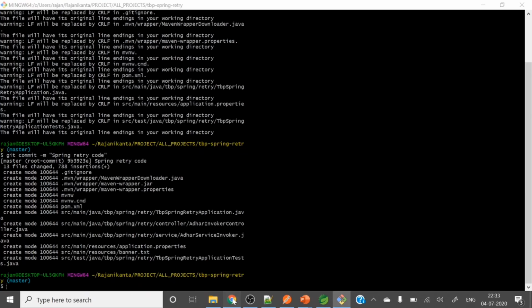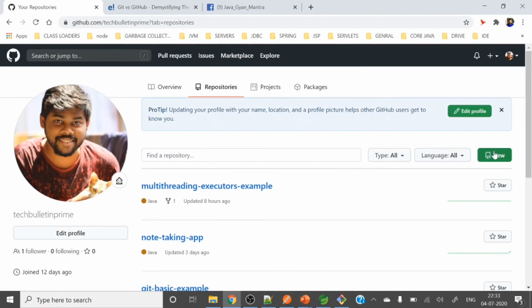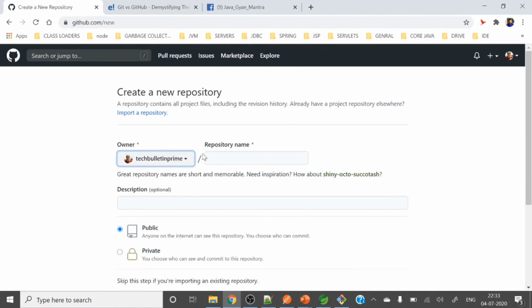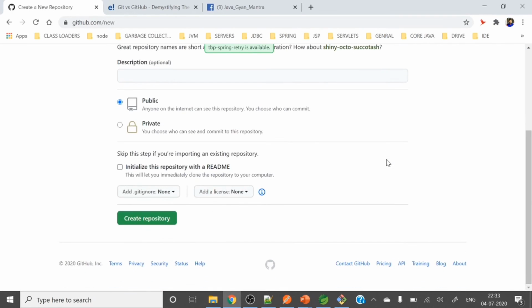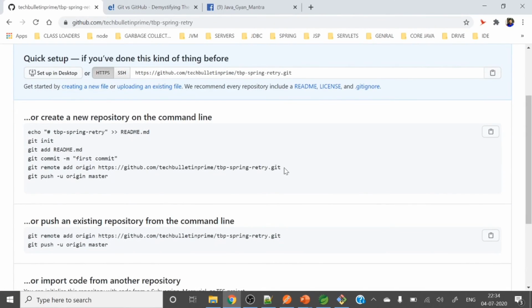Let's go to that Git repo and create one repository. This is my Git repo. Let's create one repository, tbp tech bulletin prime spring retry. Okay, here we go. Create a repo. It got created. Let me add the remote origin.